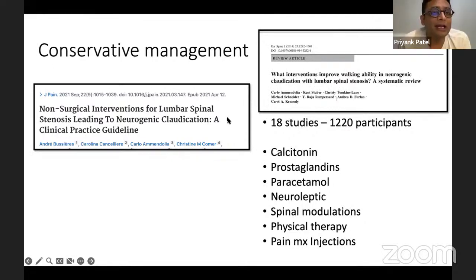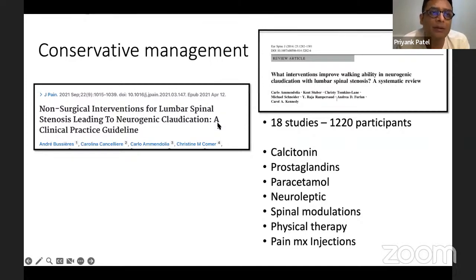So technically, in today's day and era, epidural injections are slowly getting into disrepute. Pain specialists and spine surgeons will not advise epidural injections. Epidural injections probably are now plan B in places where you don't have a good C-arm, or where you want to do it in a clinical setting where you are not able to identify the level.